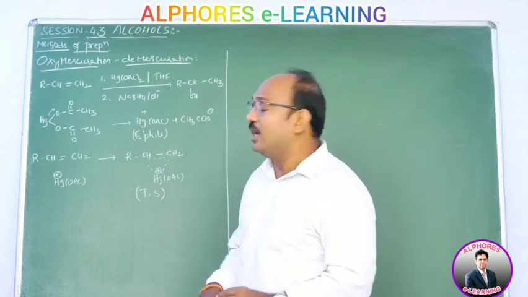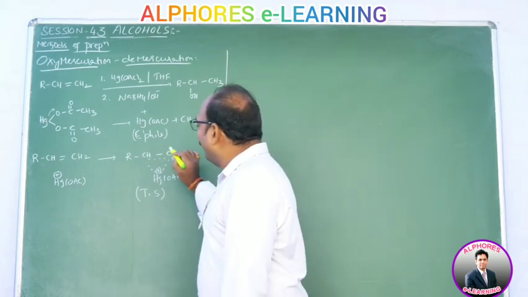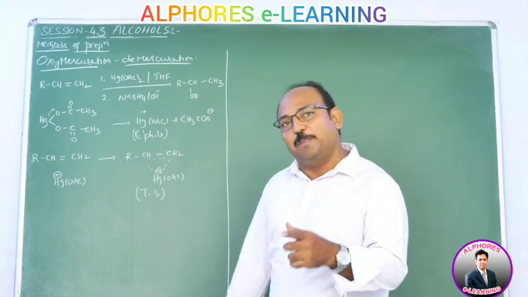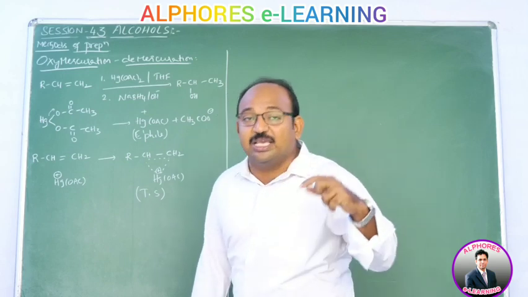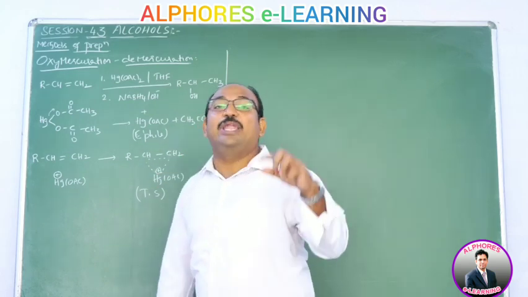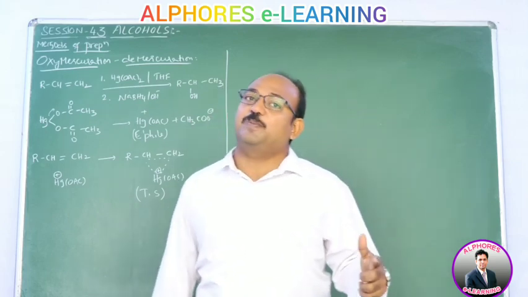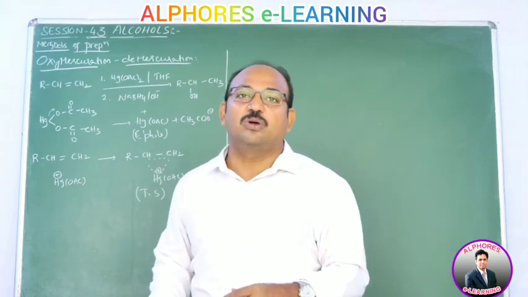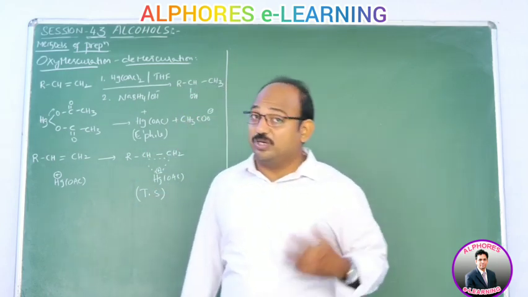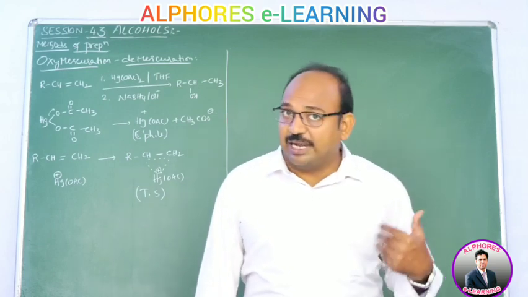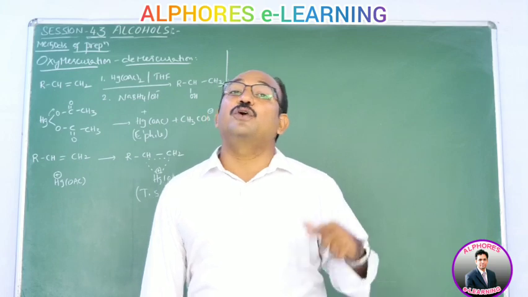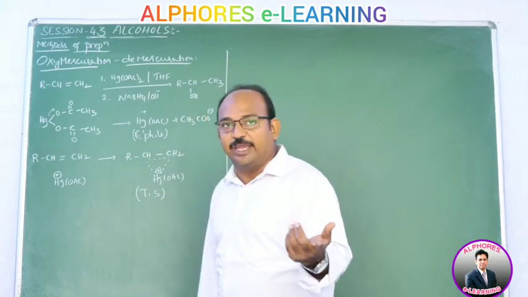So you are not going to get any mixture of products. Now the question is: when Hg plus OAc is able to form such a three-membered transition state, why did we not explain it using H plus also? Shall I write H plus forming a transition state like this? If you can, then why did we not write it? If you cannot, why? Check yourself.